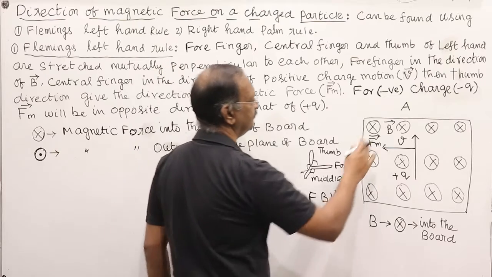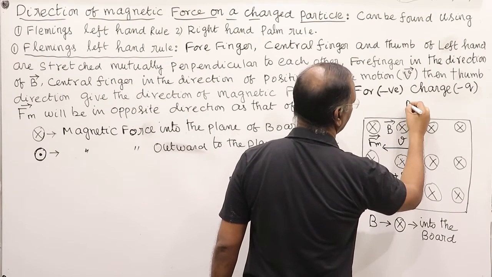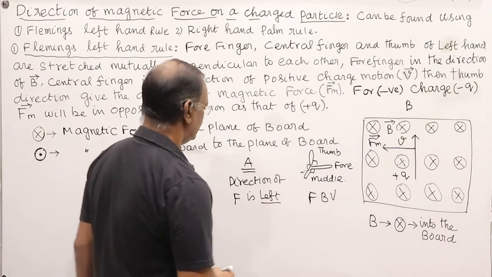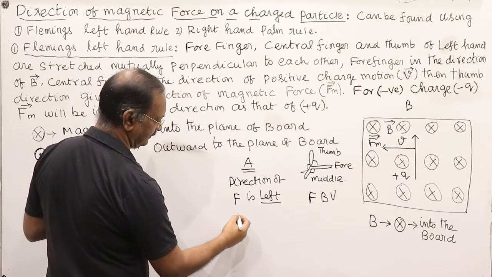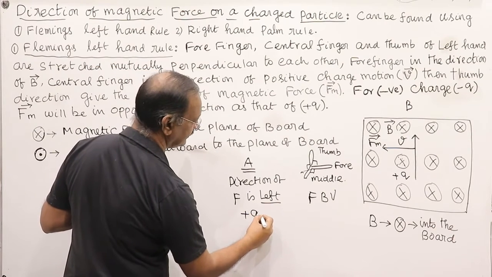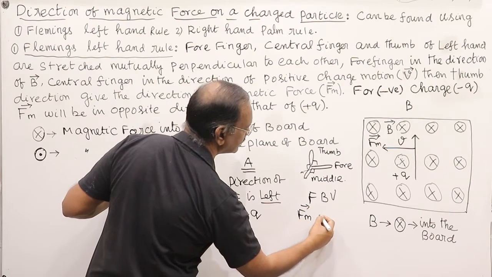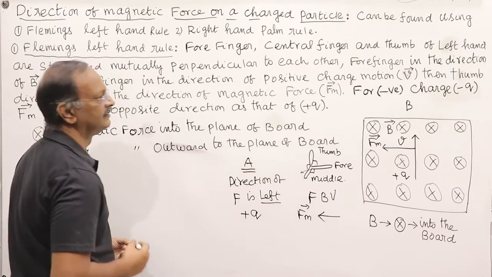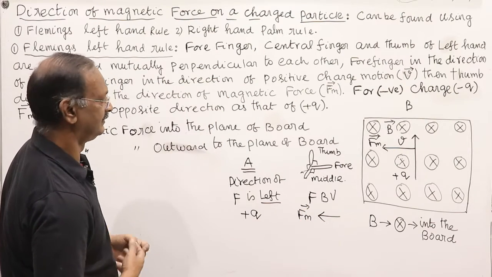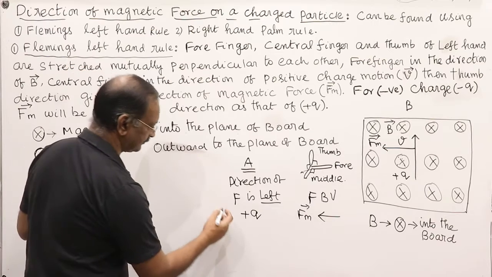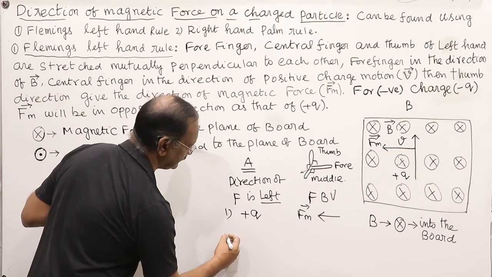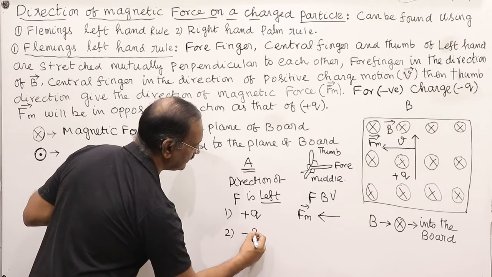Now we will see for B. B condition is, suppose this is for positive charge. For positive charge, direction of motion is towards left. Towards left for the first case. Second case,